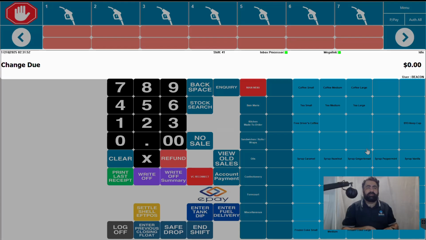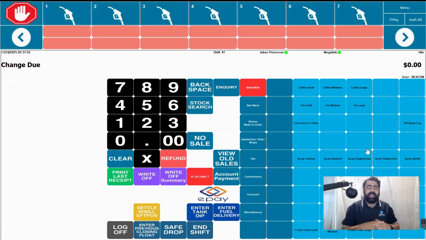You'll notice up the top it says change due $0, that's fine. And the cash drawer will have popped open because specifically I said cash, and then I can give the customer back their $26.65. If I need to recreate the sale again, I just repeat the exact same steps again without